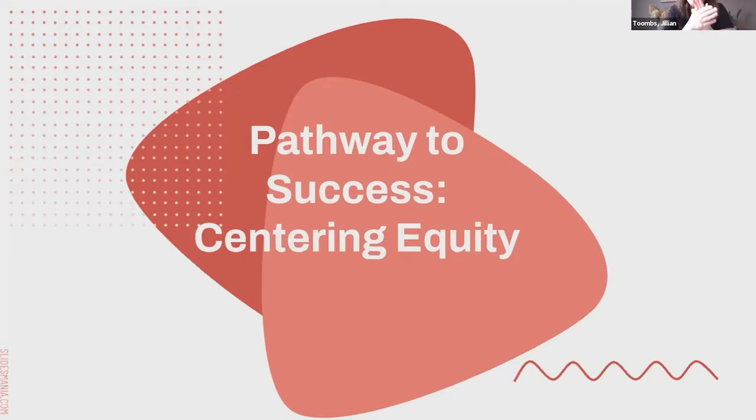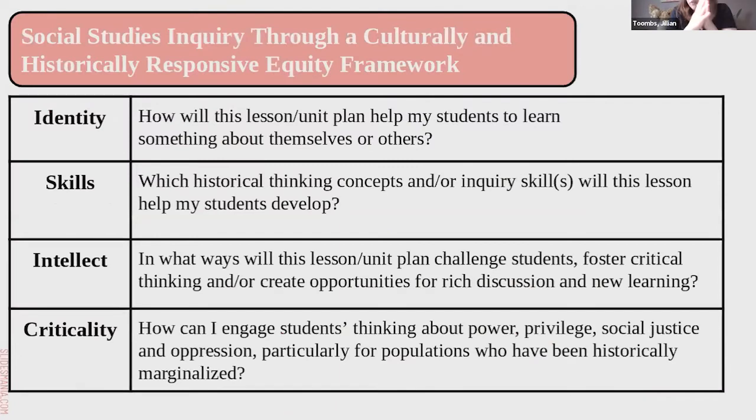I teach in Toronto, and even outside of Toronto, it doesn't matter where you teach these days, we're teaching in ways that we want to engage our diverse student populations. We really want to be thinking about amplifying voices and stories that are sometimes missing from dominant historical and social narratives. So it's just a shift in how you might plan for social studies. Okay, so how do we ensure that we're centering equity?